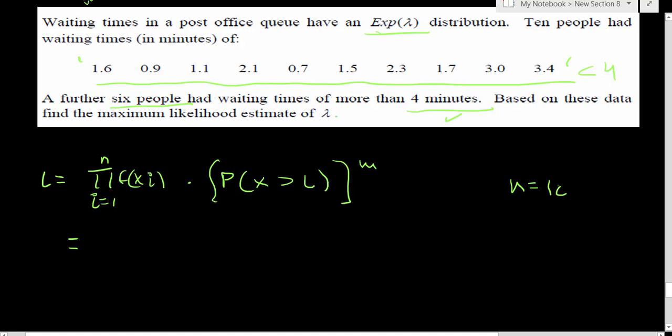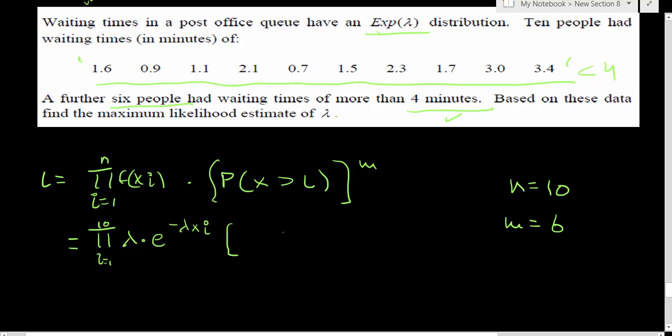So n is equal to 10 and m is equal to 6, right? So we have got a total of 16 people here. For these 10 people, i going from 1 to 10, I have got the probability function of a Poisson distribution with the parameter lambda, that is lambda times e to the power of minus lambda xi, right? And for these remaining guys, it is the probability that x exceeds 4,